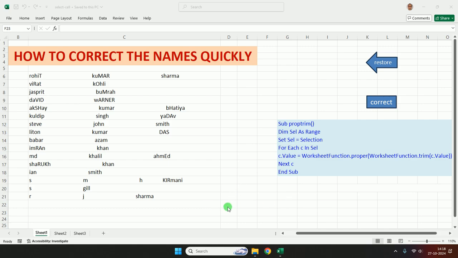Today in this video I am going to show you how to correct the names quickly in an Excel sheet. Suppose in an Excel sheet we have a list of names of people written in a very improper way. As you can see,